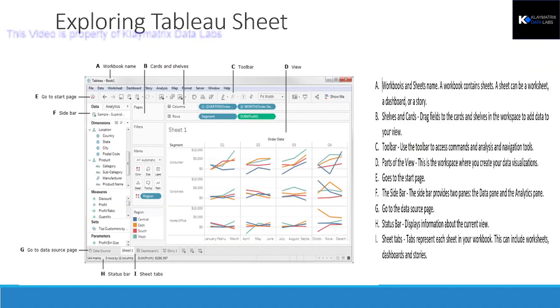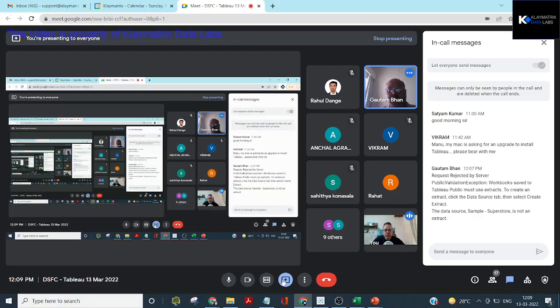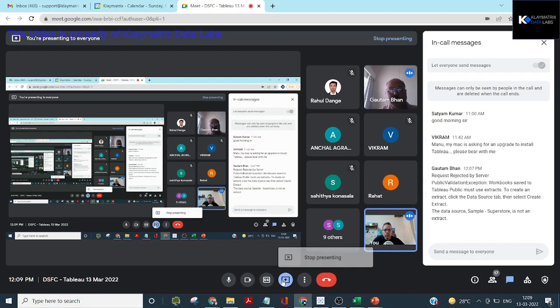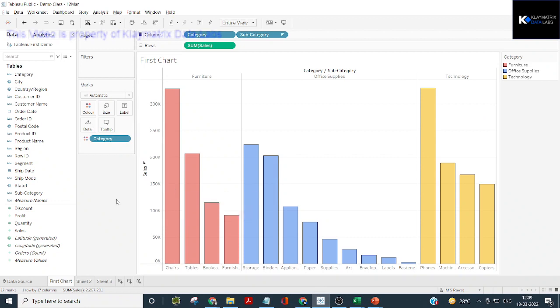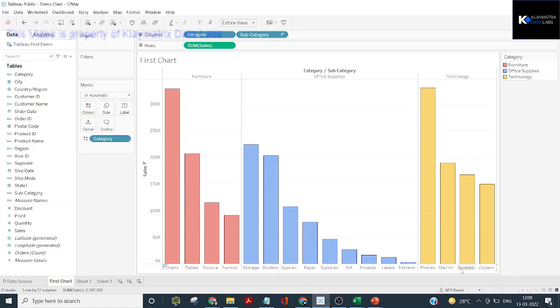Just a minute, sir. I'm having some problem. No problem, no problem. Let me share my screen instead, so that you can just correlate it. Okay. So if you see my Tableau screen over here, you see my name is coming over here. Whenever I am in a sheet, you see at the bottom my name is here. You see this one? Now, if I use this drop down and sign out,